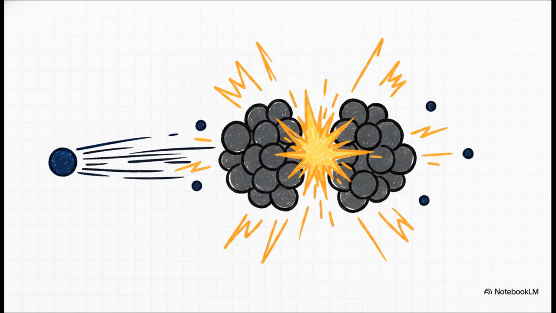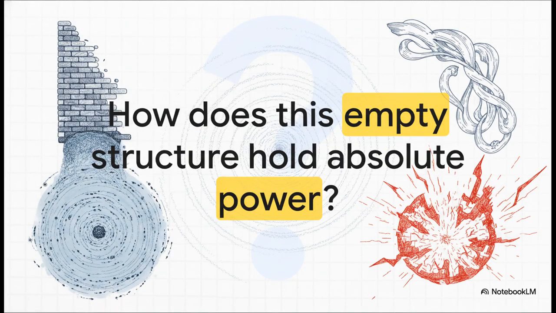We started this explainer journey by looking at a simple brick wall, and we zoomed all the way down to a tiny, dense core that's surrounded by vast, empty space. I want to leave you with this final, profound thought to ponder. How is it that an invisible structure, something that is quite literally almost entirely made of empty space, holds the absolute power to both heal humanity and entirely destroy our world? The universe really is hidden in the microscopic. Keep exploring the cosmos within.